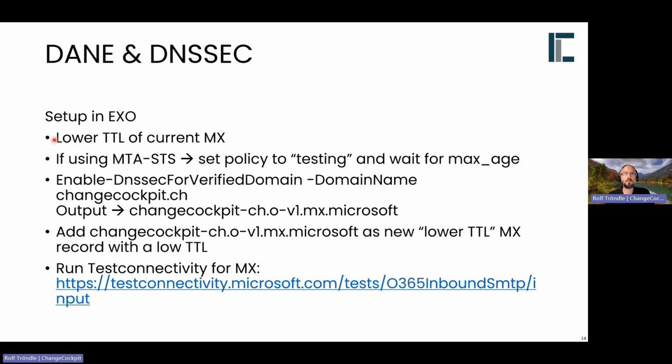If you are currently also using MTA-STS, this can coexist with SMTP DANE, then you need to set the policy to testing. You need to increase the policy value. What I'm talking about here, I will explain later in the MTA-STS part, and wait for the max age. Then enable DNSSEC for the verified domain. You need to enable DNSSEC in Exchange Online for your public domain for which you want to enable DANE and DNSSEC. This will output your new MX record